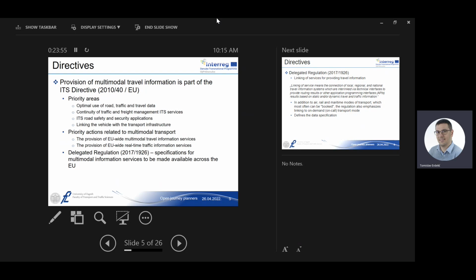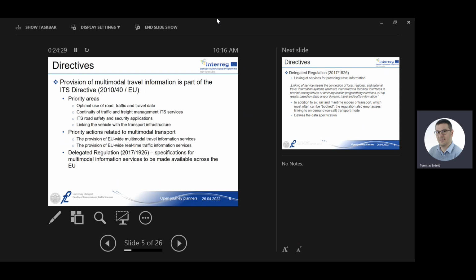these services have to have timely continuity. They have to provide data continuously, let's say. Then the third one is ITS road safety and security applications, and the fourth one is linking the vehicle with transport infrastructure. In all of these services, in all of these areas, some part of the open journey planners and